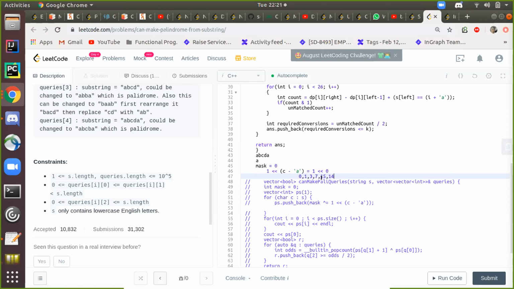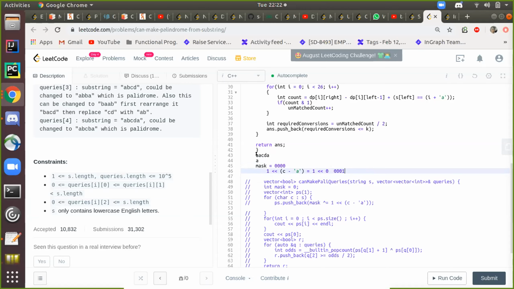So he does this for every bit. Basically, he's maintaining a count. If some character comes twice, then for that position the bit would be 0. Initially we had this mask 0, and then we are XORing with this, so it would be 1. So initially on the first character, it's going to be 1.